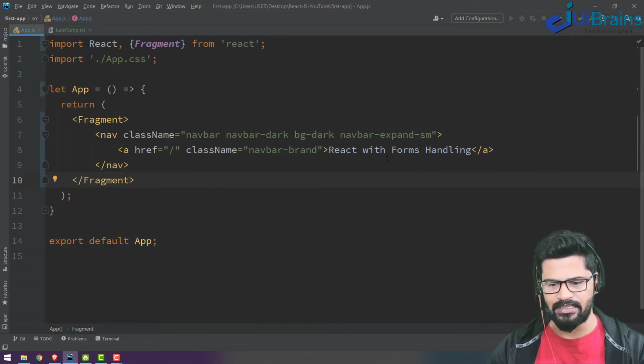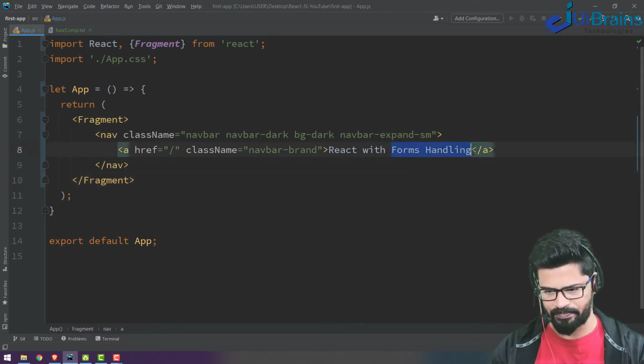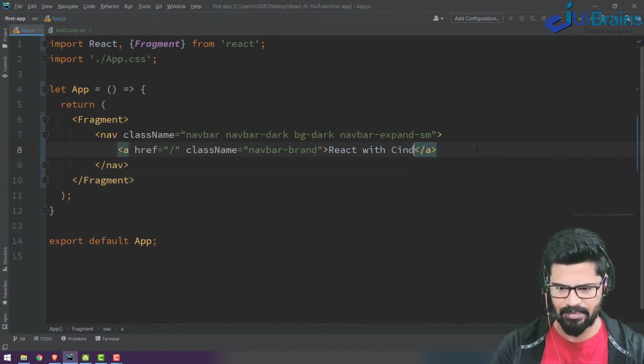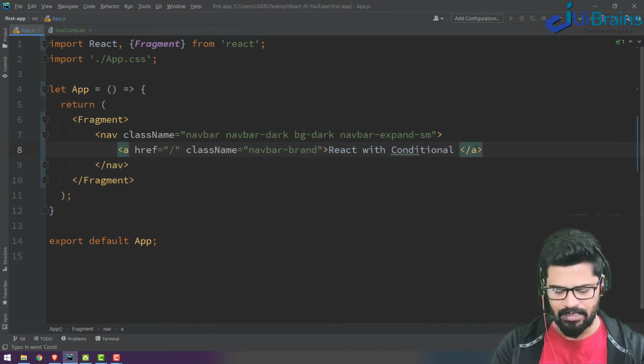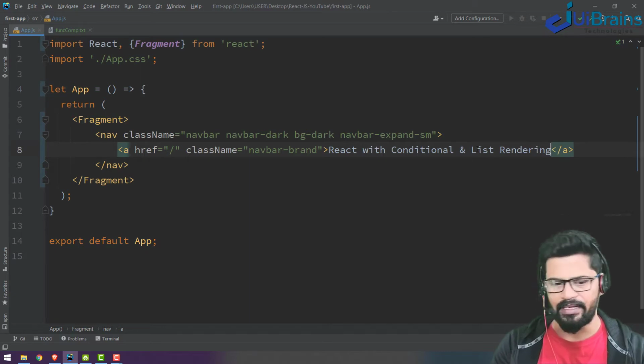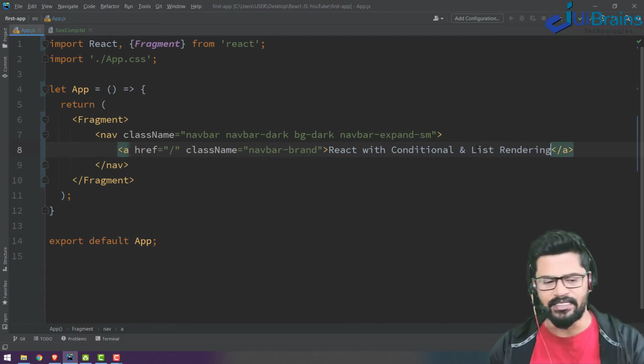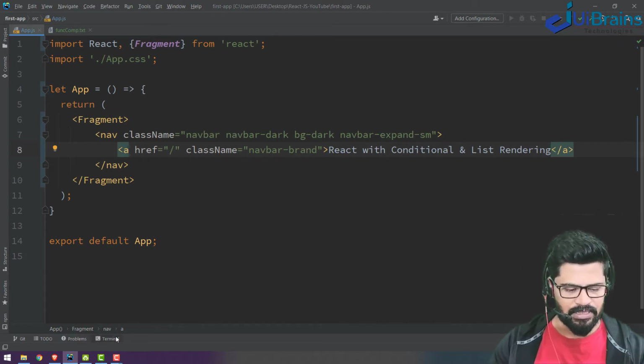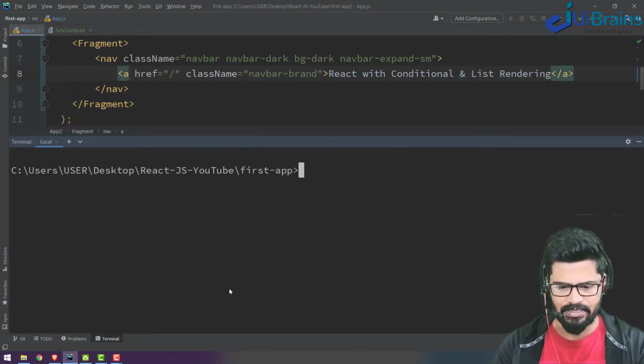So now the example is going to be React with conditional and list rendering. Now let me start the application.